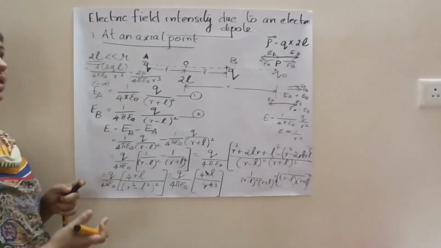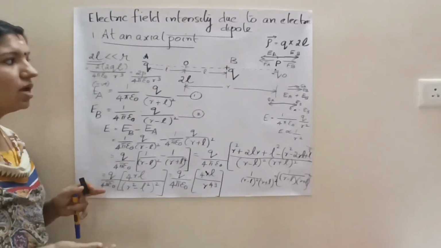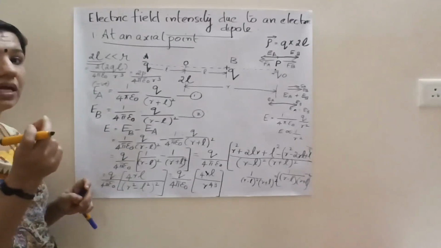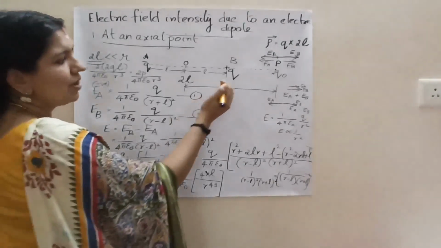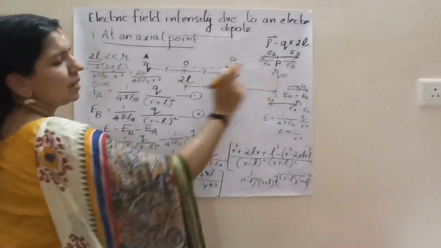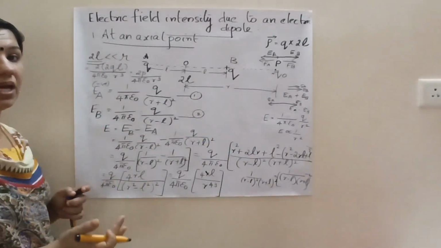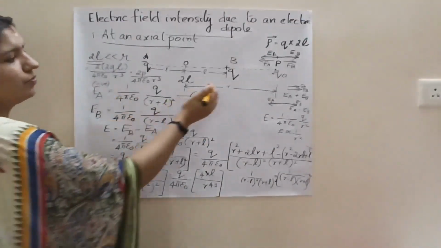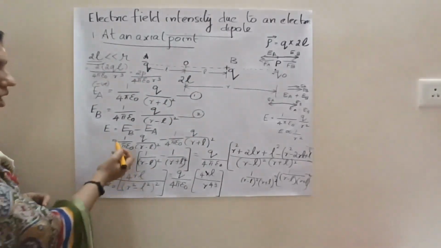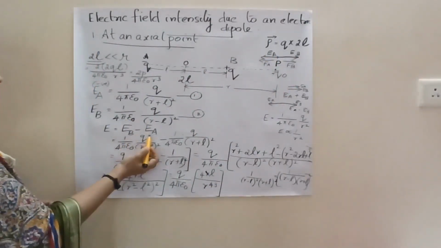So according to vector addition, if two are opposite, we will take the difference. How can we take the difference? Which one is larger? How will you understand? By looking at the distance. The distance from plus q to plus q naught is very less compared to the distance from minus q to plus q naught, right? Since the distance is less, the electric field will be more for the electric field produced by this plus q charge. So EB will be more than EA. So E is equal to EB minus EA.